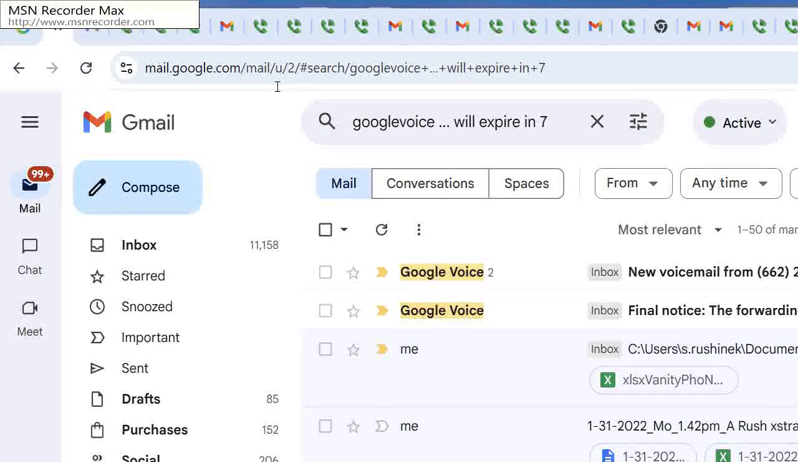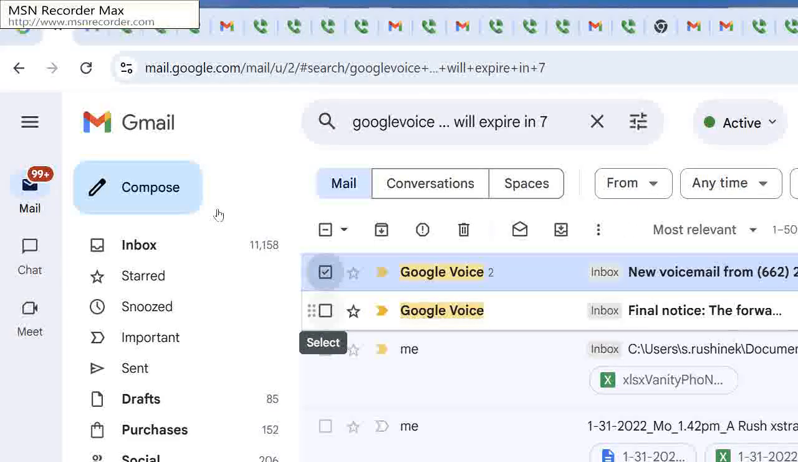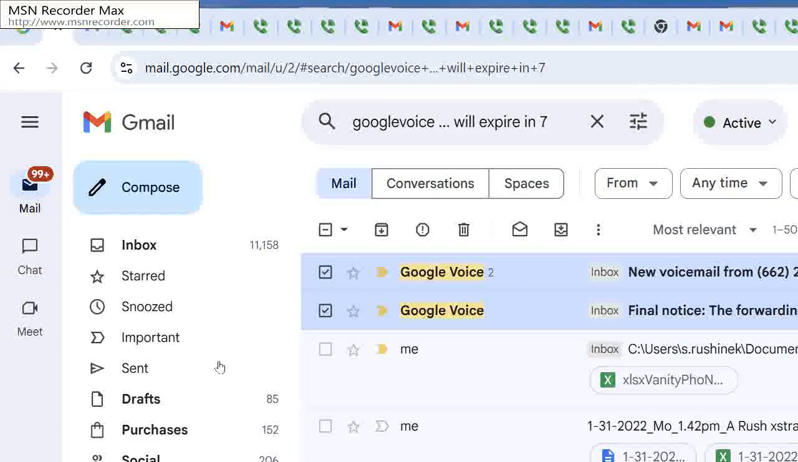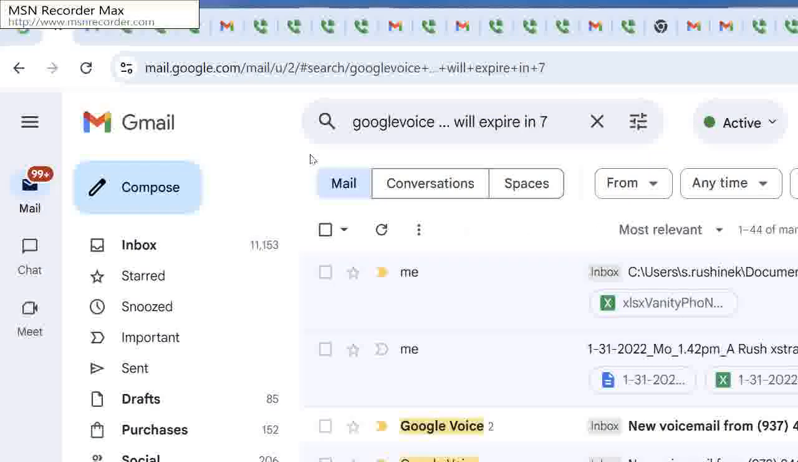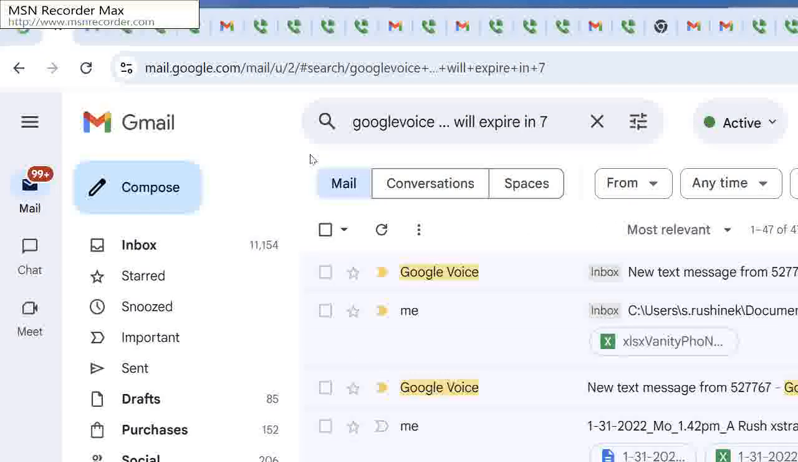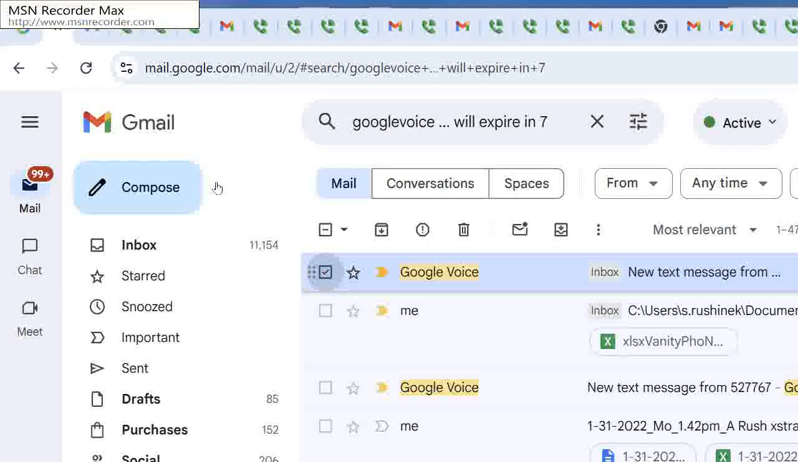So this concludes the session. I'm ready to wrap it up. There are no more Google Voice numbers that will expire. Let me check if there were some of them that will expire in 7 days. So I'm going to revise this 30 to 7. I'm going to put in 7 days, and then